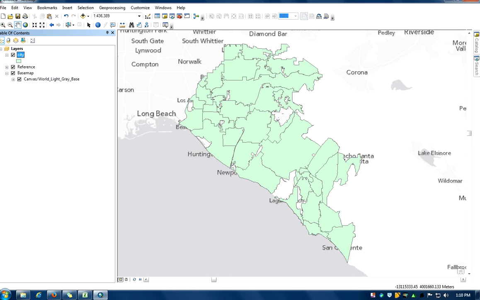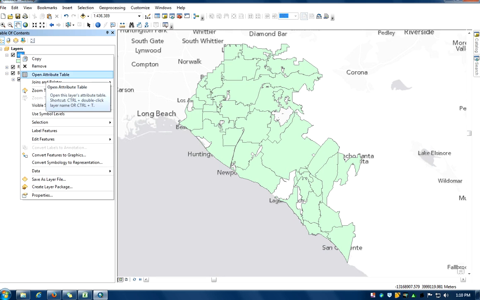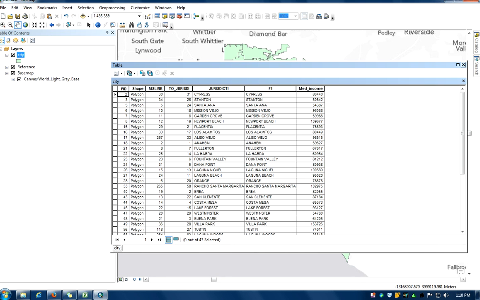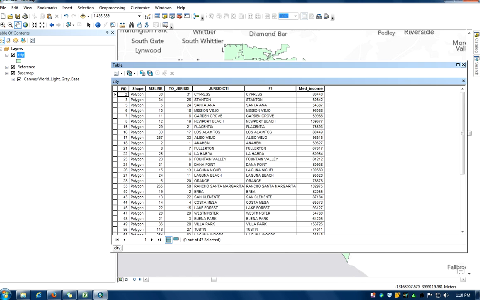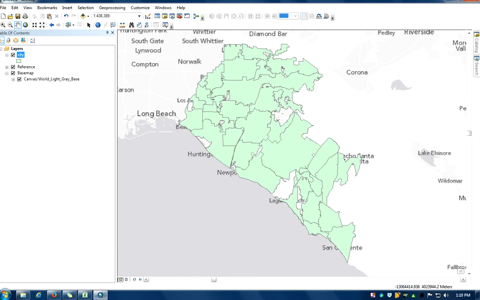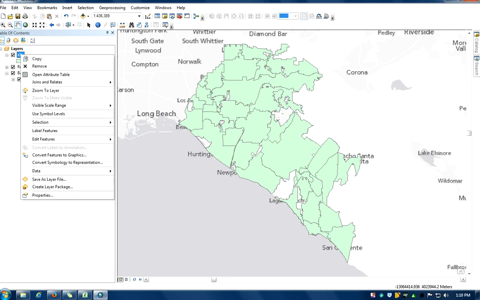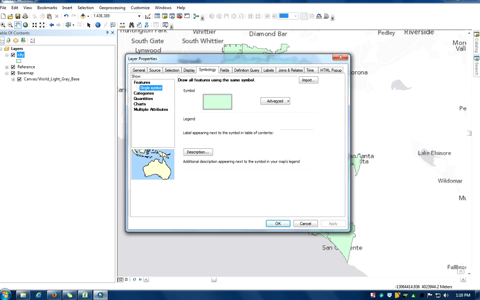So this is the resulting file. So now we're going to open again the attribute table to explore what it looks like now. So we have the basic data that we started with, the jurisdiction, and it added the name of the city, so you can see that the join is valid. And then here we have our median income column. So now let's map that. We're going to right click on it, click on Properties, and we're going to click on Symbology. And then there's a few ways that we